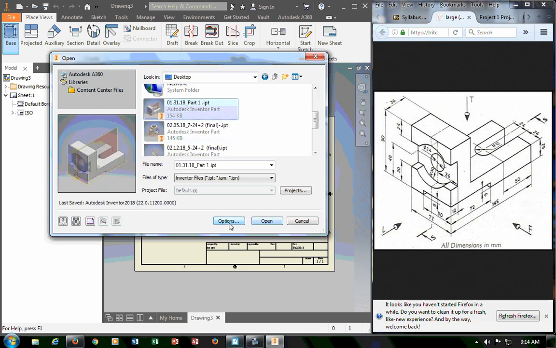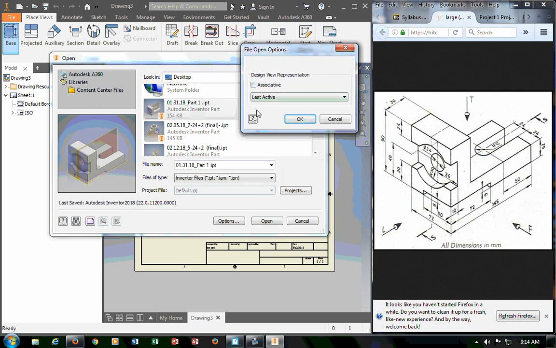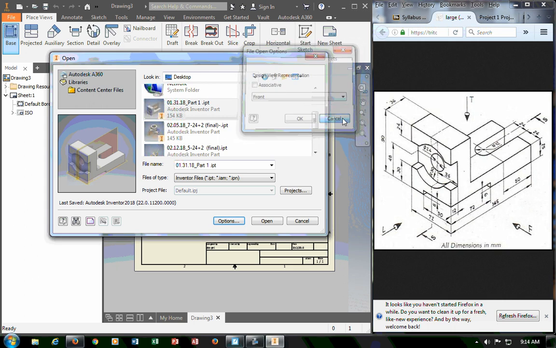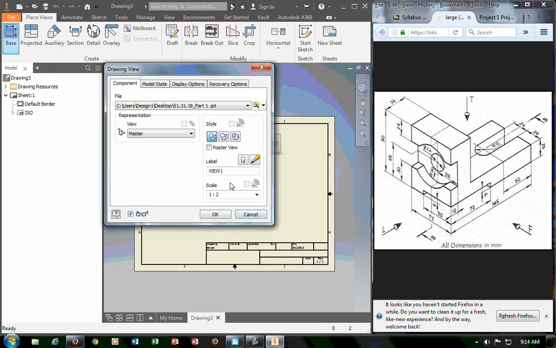And hit, there's also options. You have different ways to show your view. Last active, that's how it was presented. You have master, you have front, different ways you can bring it in. To me, it doesn't matter, just as an FYI. When I hit open, okay, master is how it's going to show it. I have different